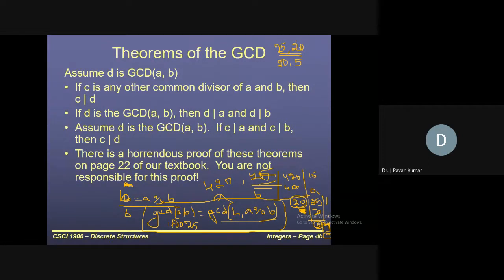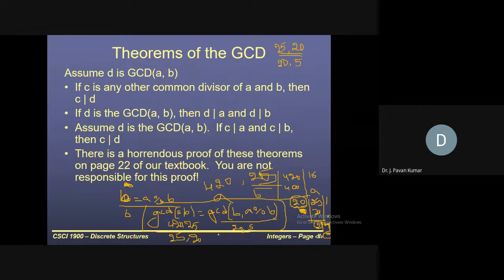Next, again we change the B value as A. Let us consider this 25 and 20 as the new A and B values. So 25 and 20, what is the B value here? 20. That will become A here, GCD of 20. Then A mod B is nothing but 25 mod 20, and we get 5 as the remainder. So now GCD of 20 comma 5.